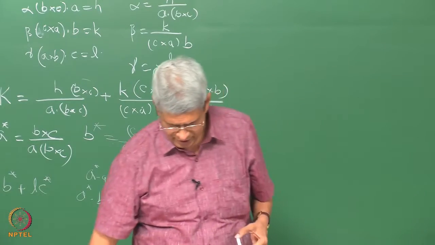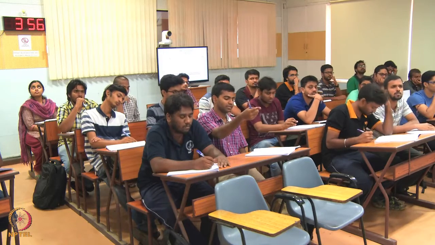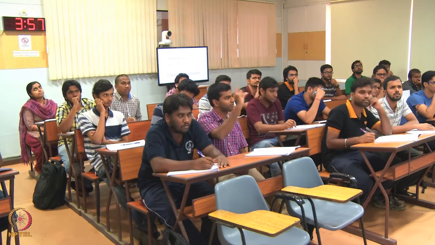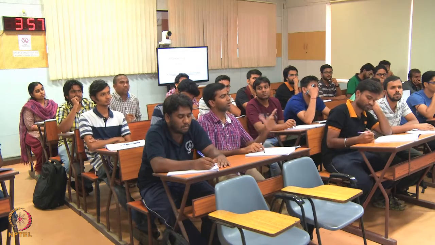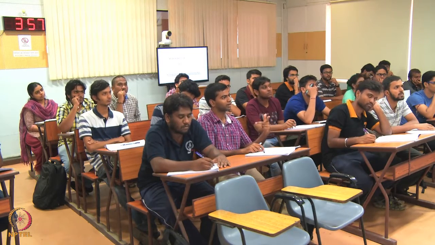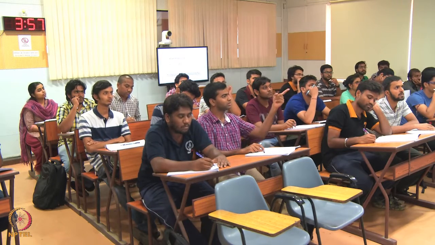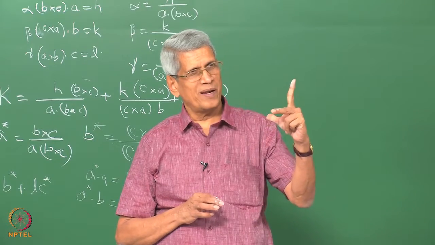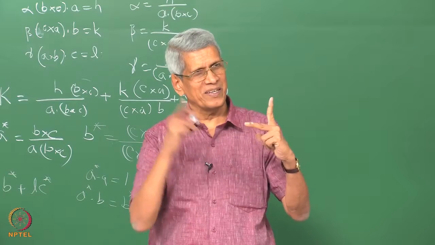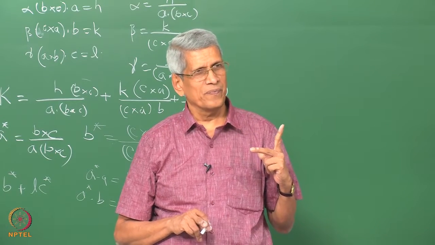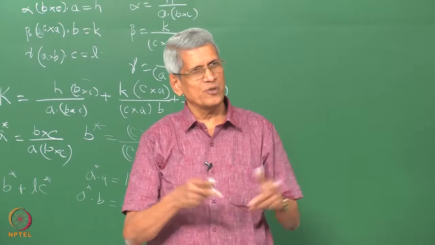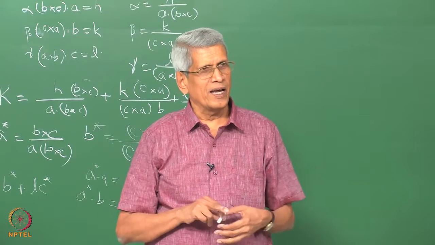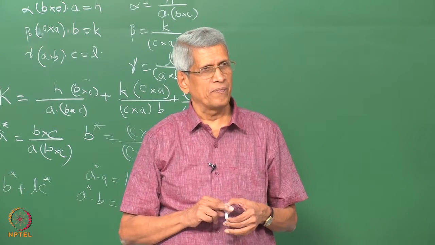Second condition, A star dot B and A star dot C. Is it 0 if we begin with the real lattice as orthonormal? No, the real A, B, C need not be perpendicular, they can be any value. It is an orthonormal system in which we are representing these vectors A, B and C. But in vector algebra, if you choose any vectors A and B, you define them, and all the expressions we derive are valid.